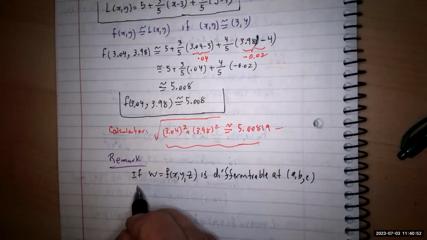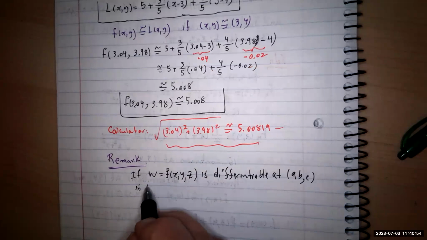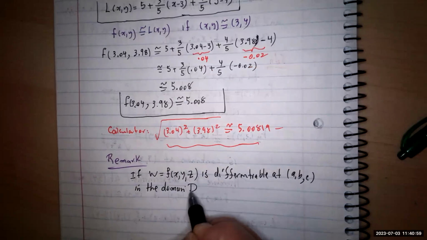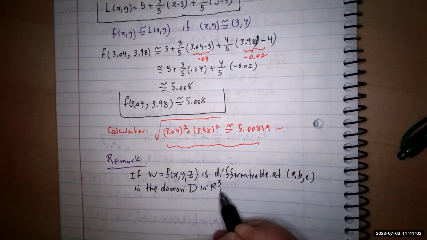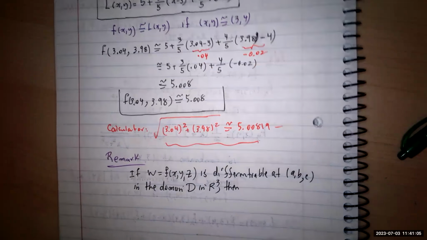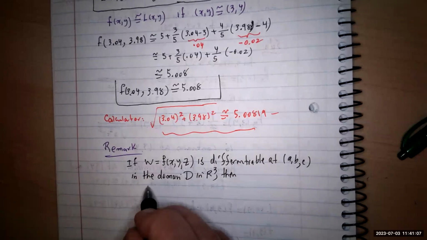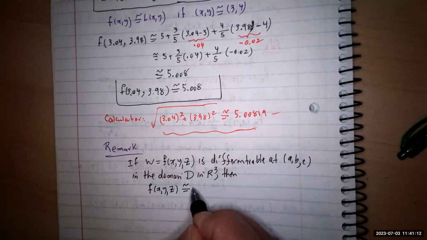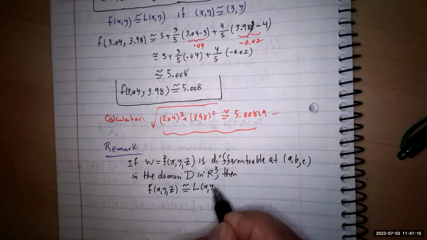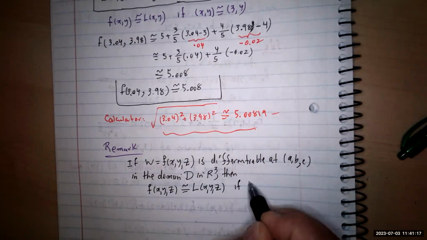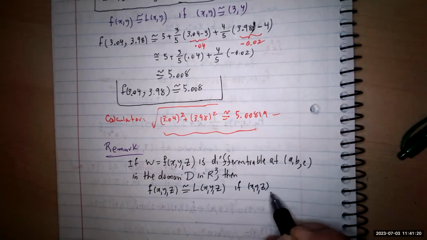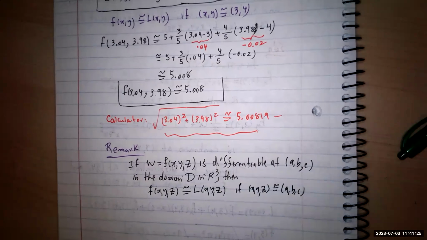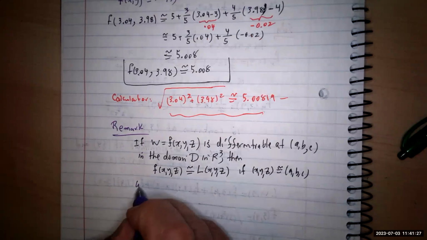this time in the domain D in R3, then the linearization is going to be this one. f of x, y, z can be approximated, of course, if your point is close to (a, b, c), and this is going to be your linearization, where